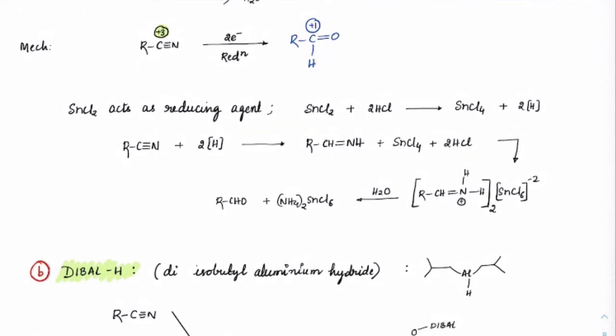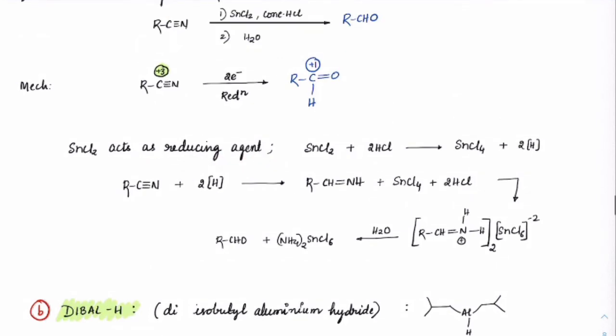Now in that case, how can we check this here? If you check out SnCl2, which is acting as a reducing agent, what will it do? SnCl2, with HCl, will form nascent hydrogens because this gets oxidized. You can see now +2 is getting oxidized to +4. So it is providing nascent hydrogens. These nascent hydrogens are the ones which will get added on the double bond, right? So on this triple bond. So it will make the formation of imine.